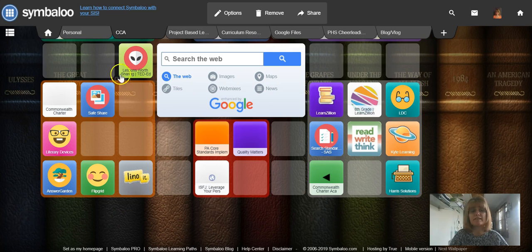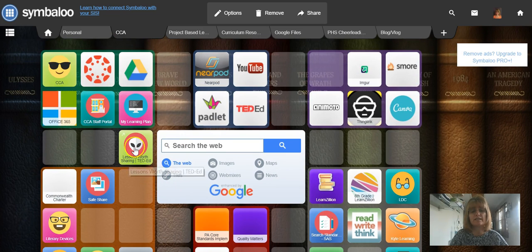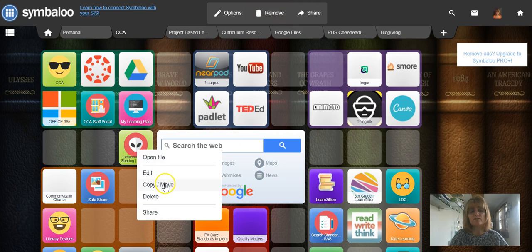As long as you remember to click save, it will be there. And you don't need to leave the tile there. You can move it anywhere you want on here. You can also, if you right click it, move it